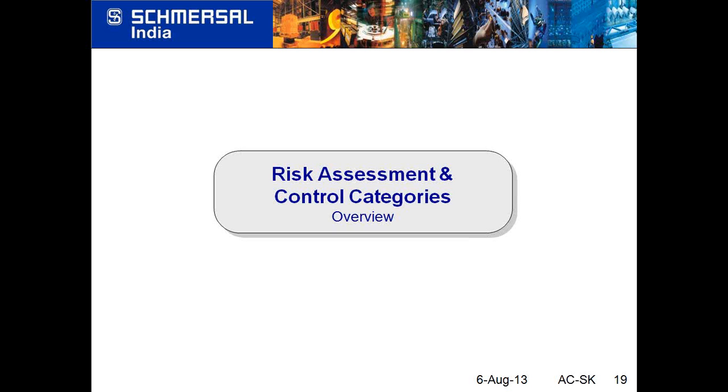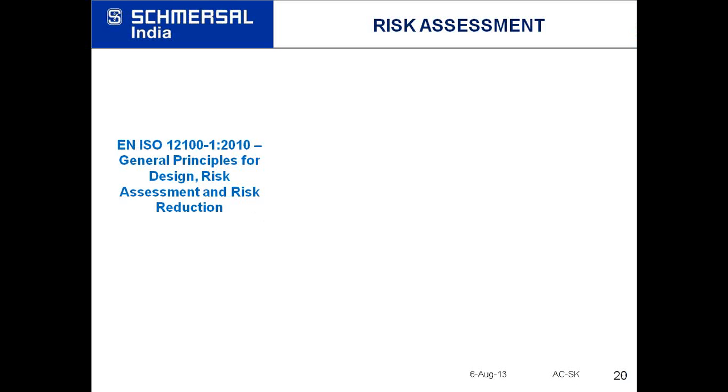So how do we start implementing a system? The first step is risk assessment. Unless we have a risk assessment done, we cannot understand what the safety requirement is. I have been to many industries, and I see people don't do risk assessment, and they just want to implement safety. It is possible to implement safety that way, but the implemented safety may not be at the optimum level. Either we may go over the requirement, or we may be below the requirement.